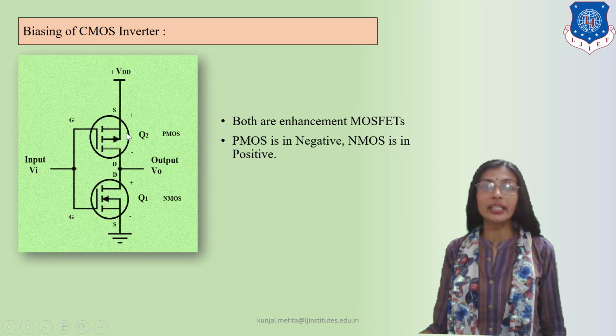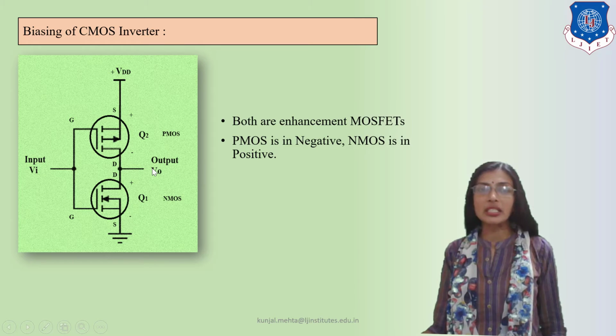According to these two connected PMOS and NMOS, we can define the terminals like gate terminals like this. Both gates are connected together and input is applied to the common point of gate as per the construction. Then drain terminal, which will be connected again together. The drain of PMOS and this is the drain of NMOS. Both are connected together and we have taken the output terminal VO from the common point of output terminals.